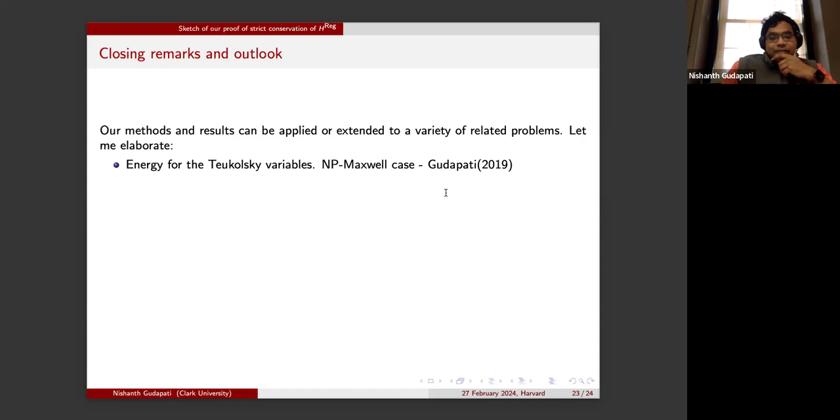For the Maxwell case, it's particularly simpler, as always. But for the Einstein equations also, it is possible. So one can revive the energy methods also for the Teukolsky variables. Chandrasekhar transforms the Teukolsky equation for small angular momentum, as far as I understand, to Regge-Wheeler form. But with this energy for this special case, we do not need to use the Chandrasekhar transformation to the Regge-Wheeler equation and can directly deal with the Teukolsky variable. So that's the plan for that.